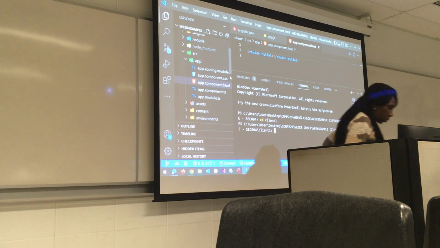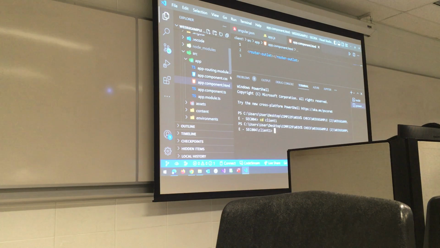So to do that, we are going to generate the components for the partials. So we will issue the command ng, which means angular, space generate space component. We want it to generate a component. The type of component we want it to generate for us is the component for the partials, slash, for the partials for the header, right? So we press enter.